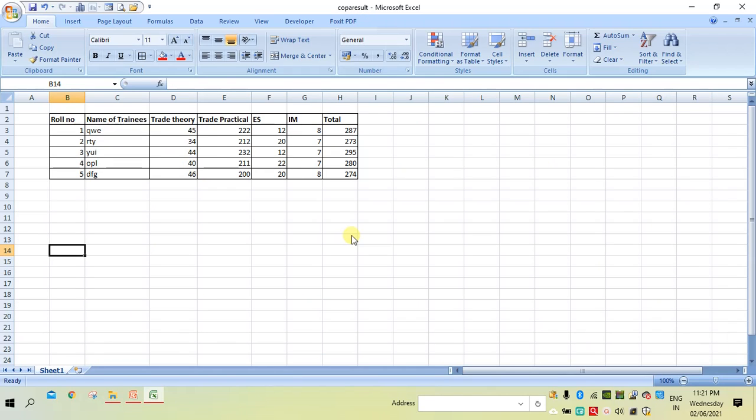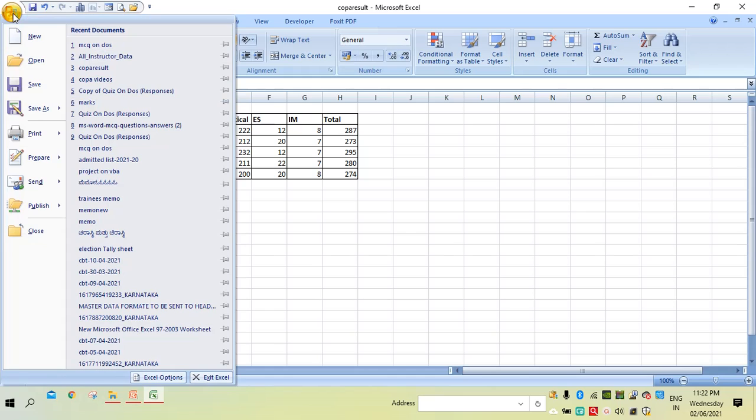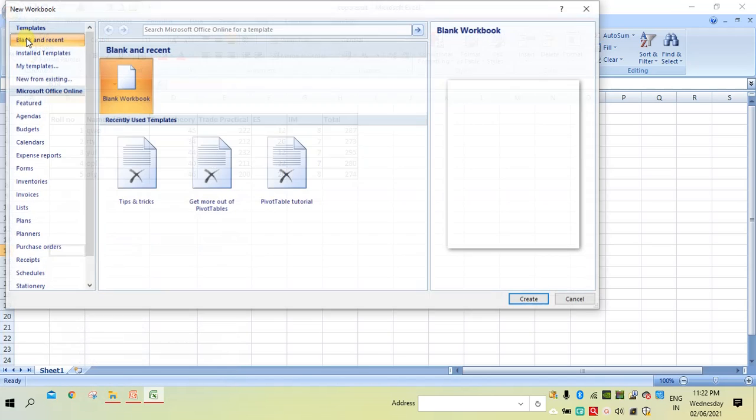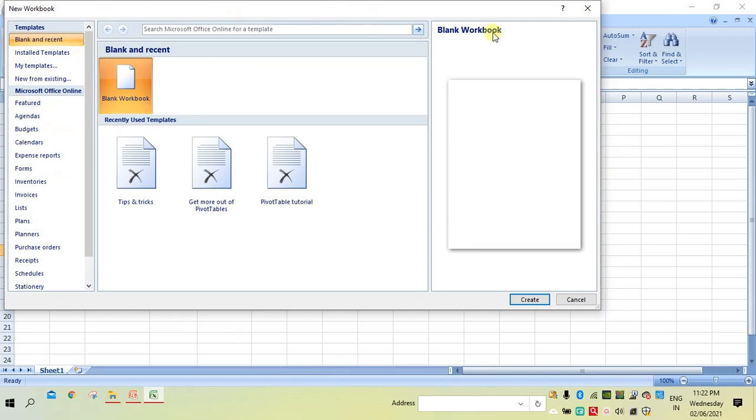To open a new blank worksheet, click on the Office button or File tab, then select New. Here it will give you a New Workbook dialog box.